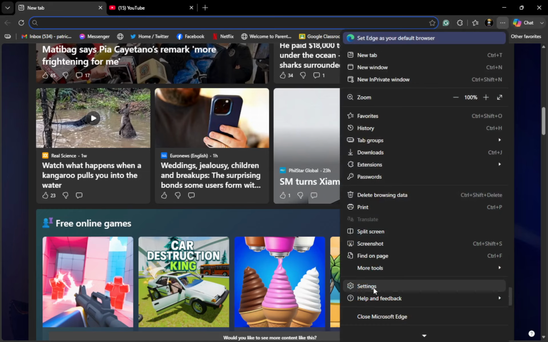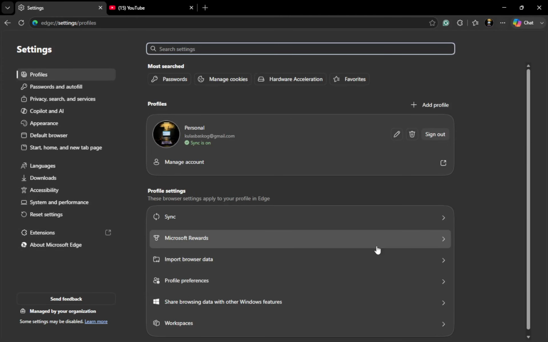This will take you to the settings page where you can adjust various features. You will see a sidebar on the left with multiple categories, which helps you to navigate through the options easily. Adjusting your settings is crucial as it tailors Microsoft Edge to fit your browsing habits and preferences, making your internet experience smoother and more efficient.